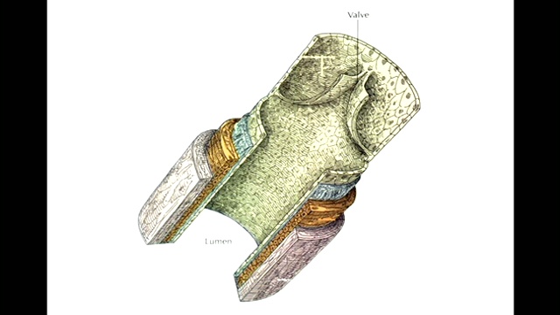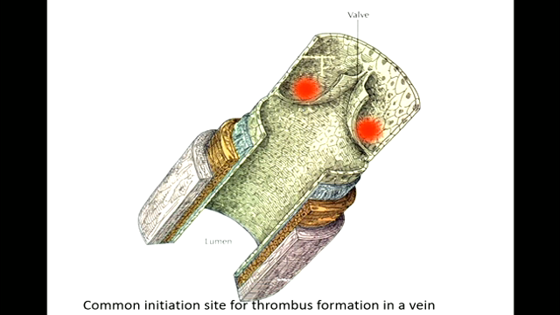The question that I normally ask is, where do you think the initiation of the thrombus would come from? Would it be here? And you go, yes. And I say, no, you're wrong, because it is mainly there, because that's where most of the stagnation occurs in your veins. So the initiation of the thrombus starts behind the valves.